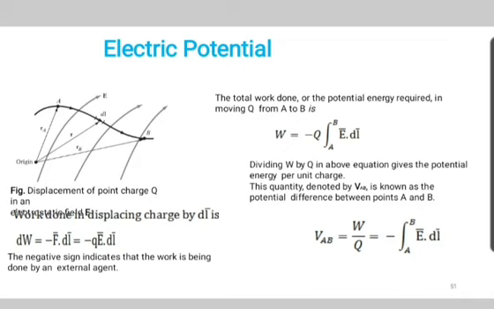So in order to hold the test charge at a given position, the force is required to be applied in the opposite direction. So the force is minus E bar into qt. And if the test charge is moving a small distance against the electric field, then some energy or work must be required, and it is given by work is equal to force into dl.